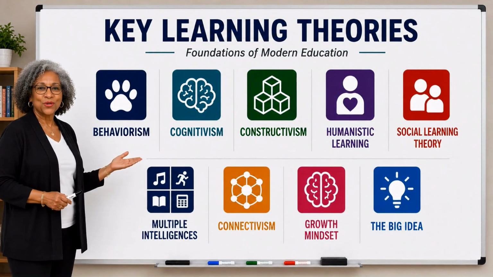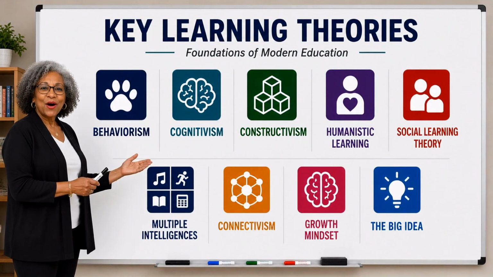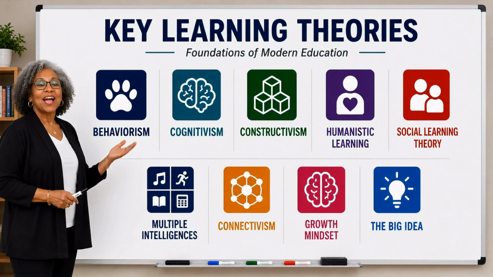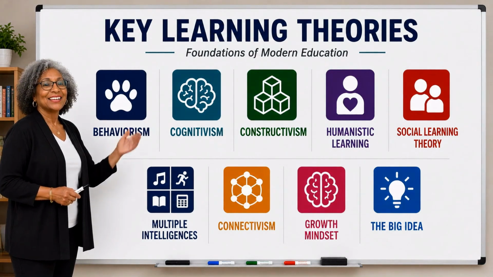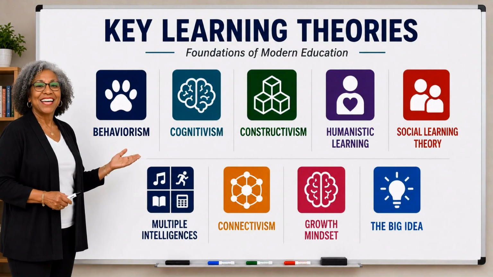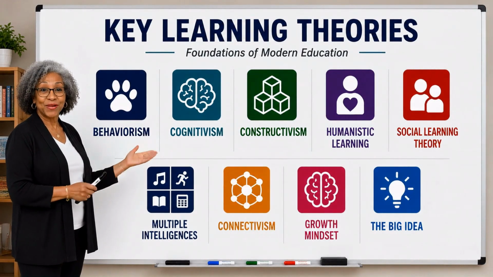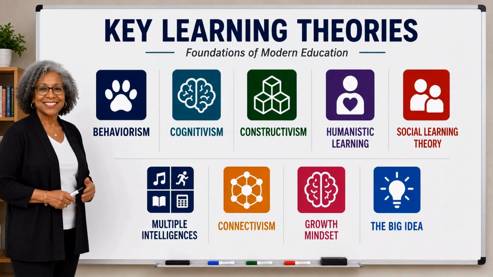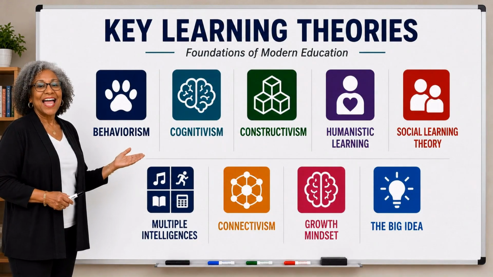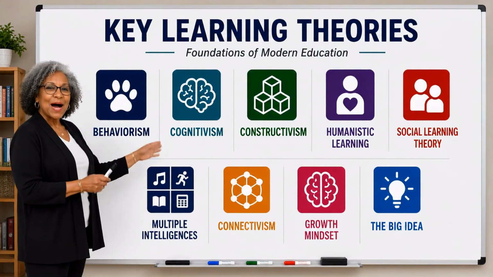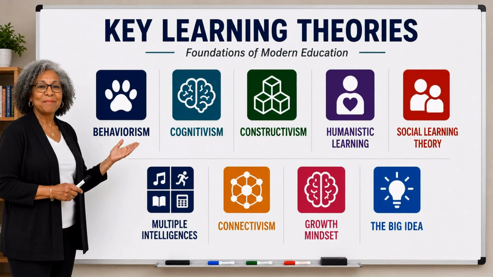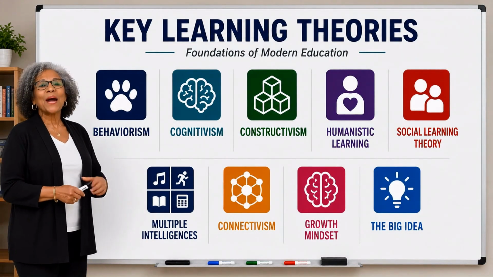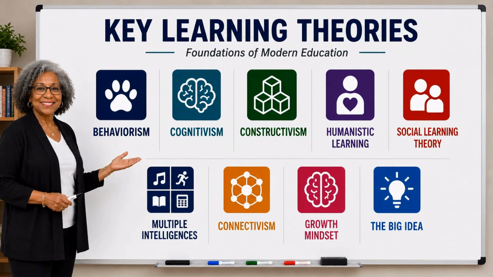Connectivism 2004 through 2005. George Siemens and Stephen Downes developed connectivism as a learning theory for the digital age. Connectivism argues that knowledge exists across networks, not only inside an individual's mind. Learning involves locating, evaluating, filtering, and connecting information from multiple sources. These sources may include online communities, databases, search engines, digital media, and artificial intelligence systems. In the modern world, learning is no longer only about memorizing information. It is also about knowing how to navigate information effectively.